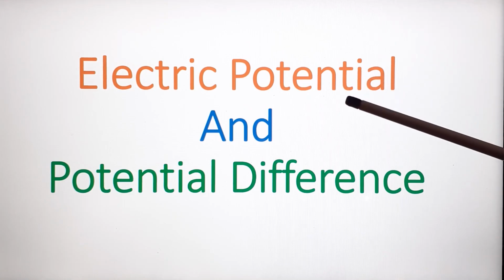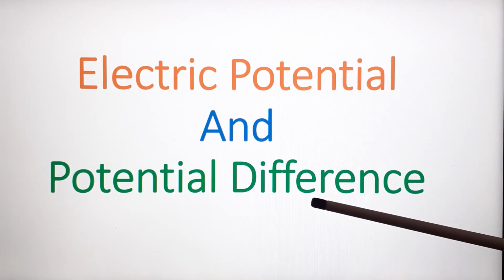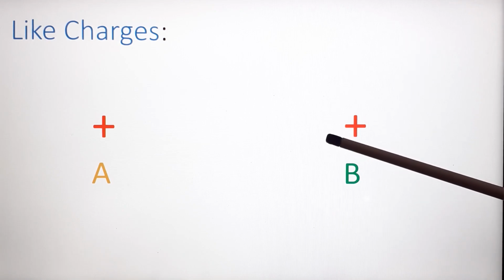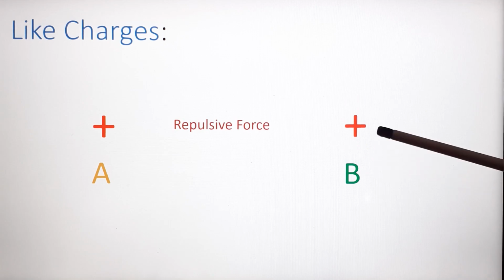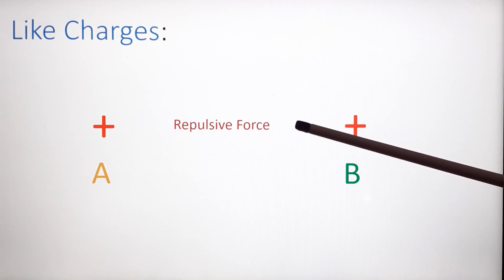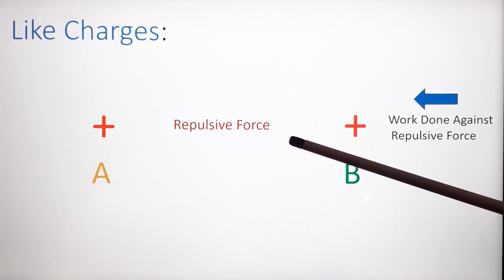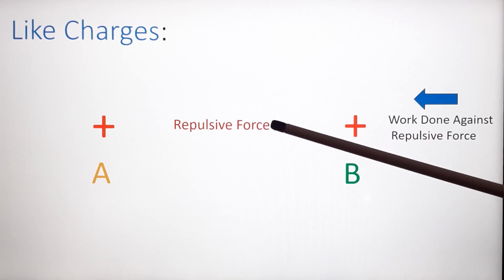Hello everyone. Today's topic is electric potential and potential difference. Let's take two like charges A and B. There is a repulsive force between them. If I want to move this charge B towards charge A, then some work has to be done against repulsive